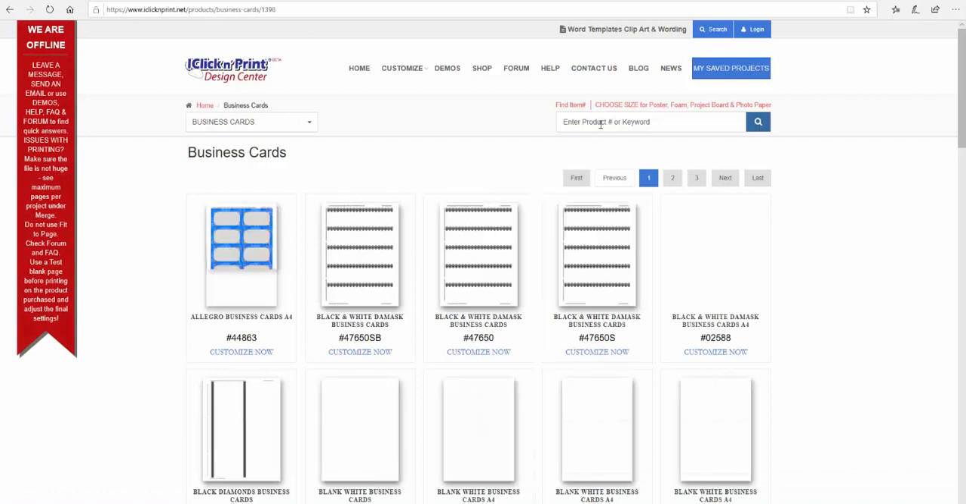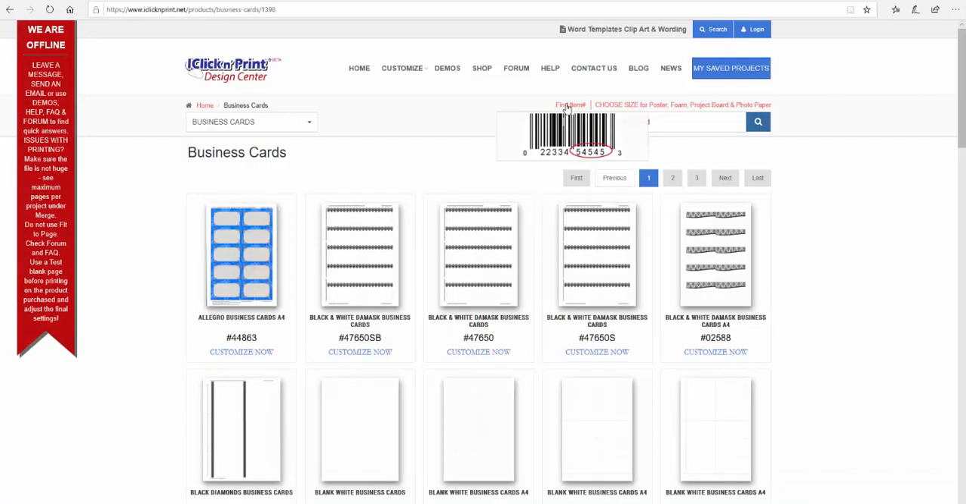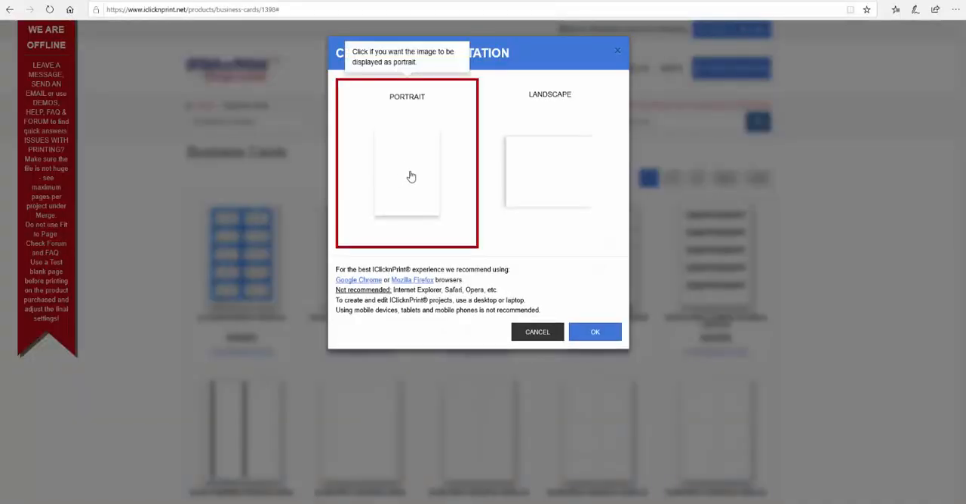Here, if you have an item number, you can enter it right here. You can find the item number on the back of your package and enter your product name. But make sure you pick up the correct item number because products may vary from item to item. So right now I'm gonna pick up a blank white business card, and